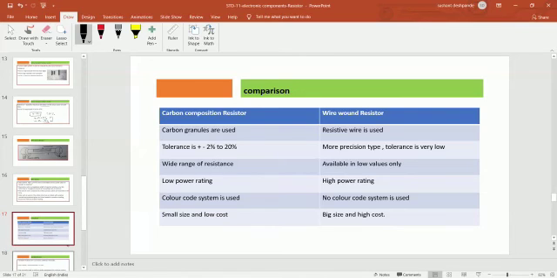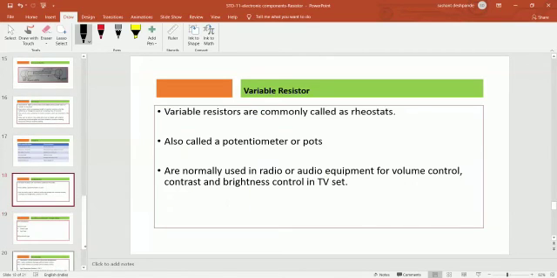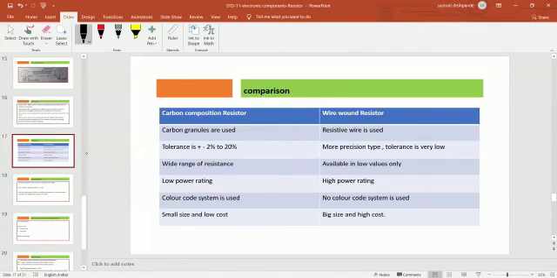Right? Should we move ahead? Yes. Now variable resistors. These are fixed resistors; as the name indicates, the values are fixed. Even when we say values are fixed, there is still a tolerance. That is, when we use it in a circuit, there may be a chance that the value will deviate from the actual value by that particular percentage. And here they are more precise.